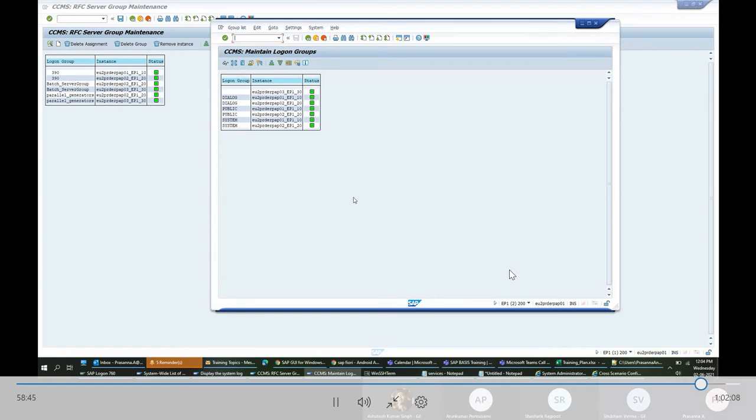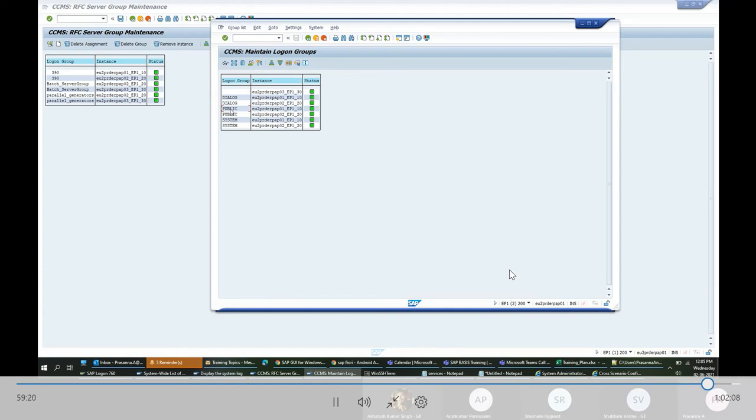I don't know why they have created multiple, because when we install a system, by default the public and system groups will come. So maybe they were created because end users wanted to log in, and they wanted a different name, so they created dialog. The reason for creating multiple is maybe they can assign 1 and 2 to dialog, 2 and 3 to public, and 3 and 1 to system. That is valid.